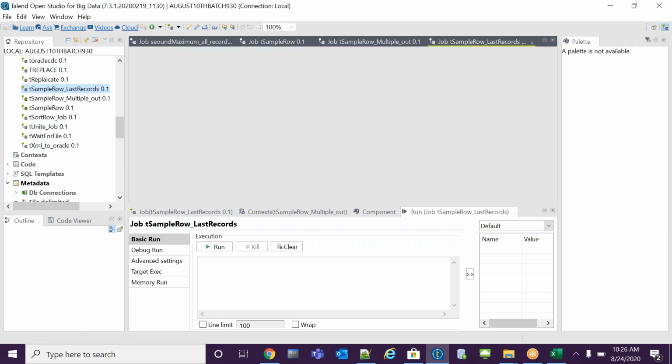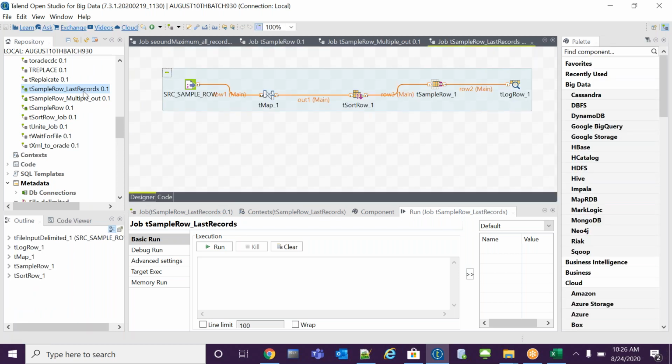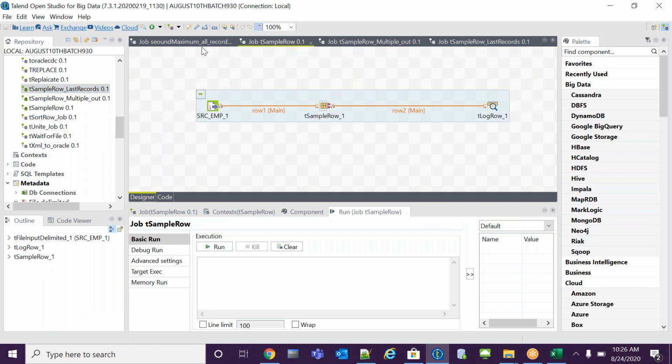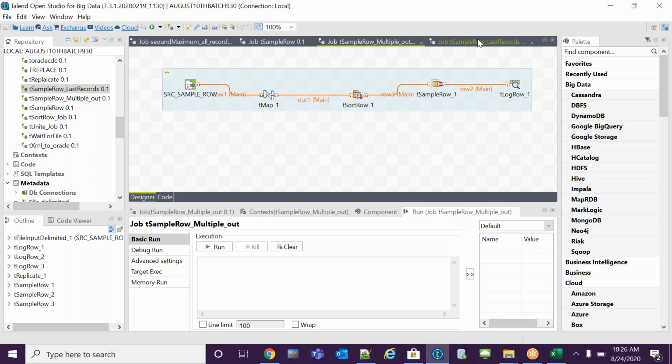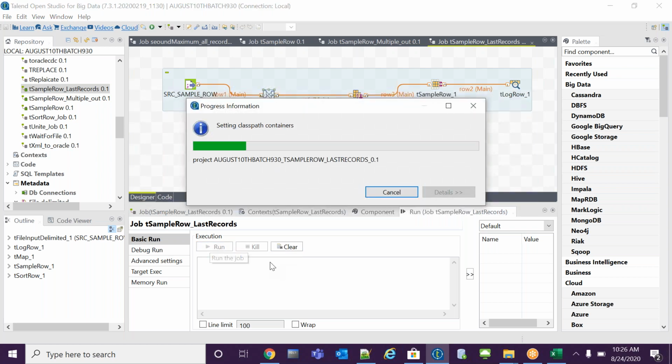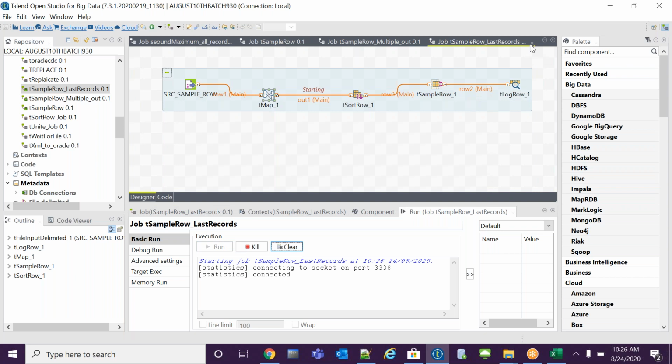Here only I had developed. Which one did I close? This is the last records, not this one here.